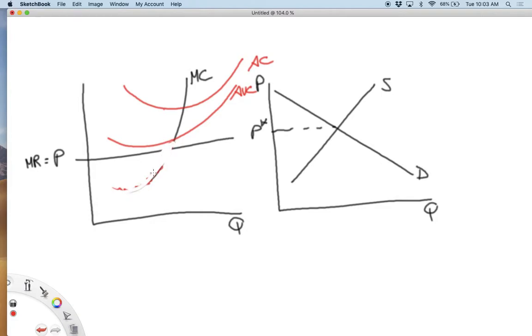I would not be opening the business. The business would be shutting down. Which means that only those points on the marginal cost curve above average variable cost is where I am producing. Okay? All right, so now